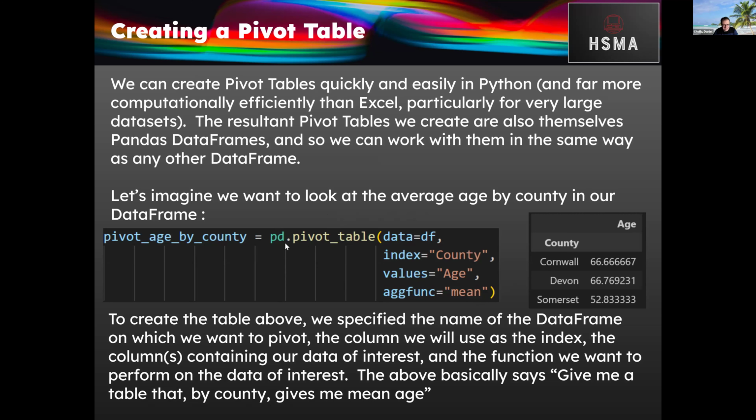And here I just say pd.pivot_table, and then within that I've passed in 4 arguments. I've said data equals and then the name of my data frame, so that's the name of the data frame I want to create the pivot table from. The column that we want to use as the index, which in this case is county, because we want to look at age by county. The values upon which we want to look at the other side of the pivot, and what we call the aggfunc,